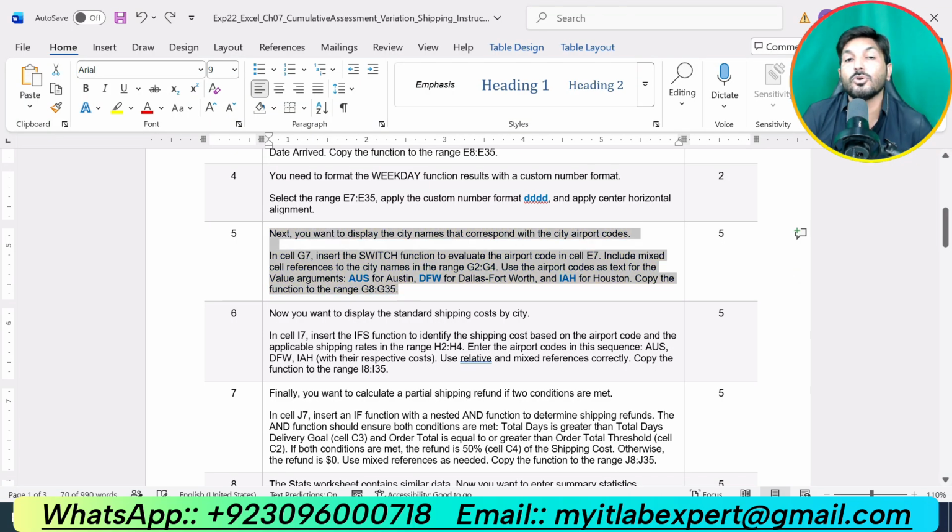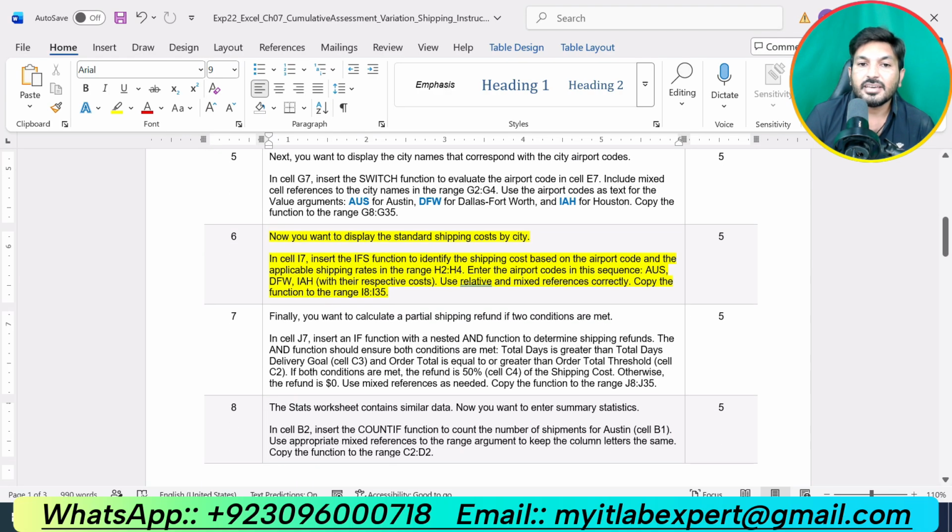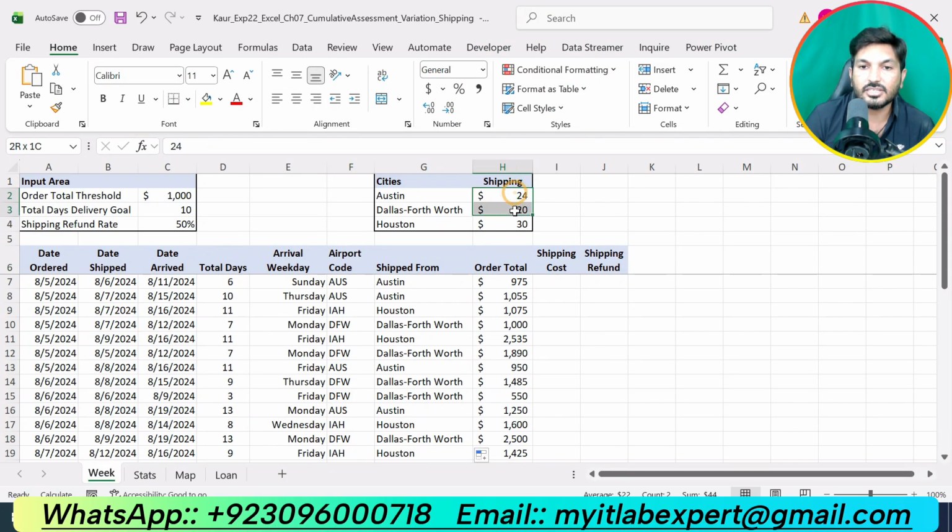Now we are supposed to do the next step of the assignment, that is step number 6. Now you want to display the standard shipping cost by city. In cell I7, insert the IFS function to identify the shipping cost based on the airport code and the applicable shipping rates in the range H2 up to H4, this one.